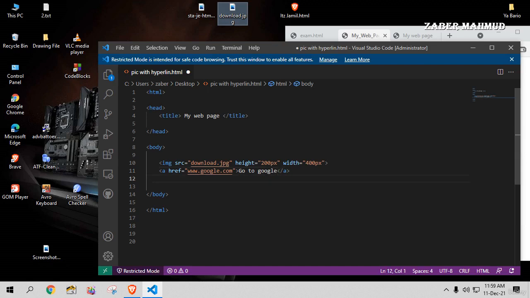Okay, done. And now I am also adding href equal to www.bing.com. Okay, go to Bing, and I also type